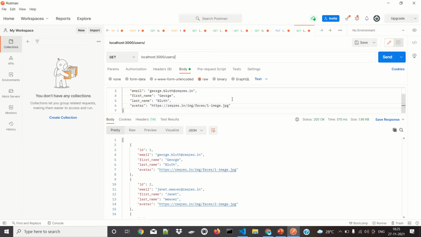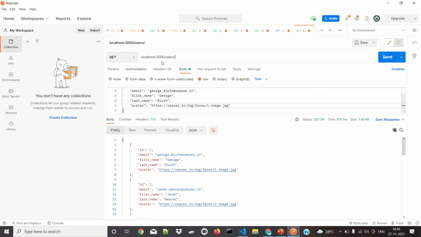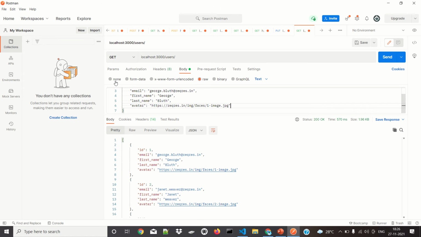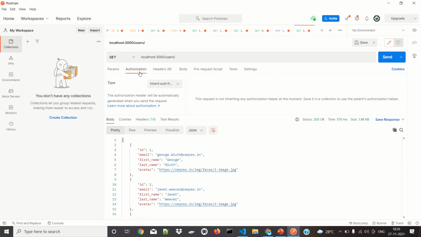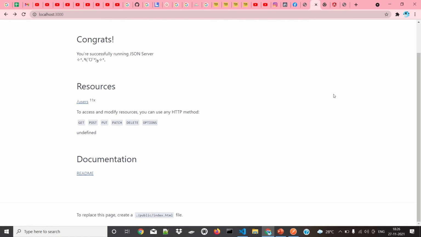So this is the backend server working, and we now confirm that this application is working. There is no need for giving any authorization here because it is a backend server with no security.